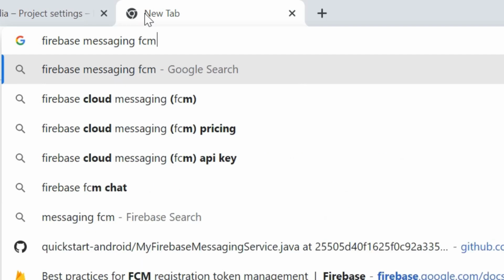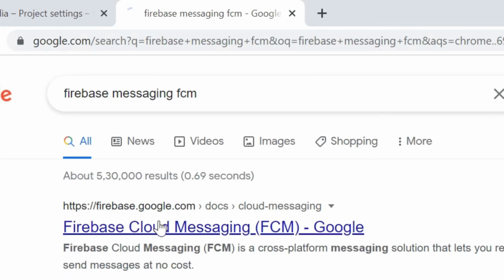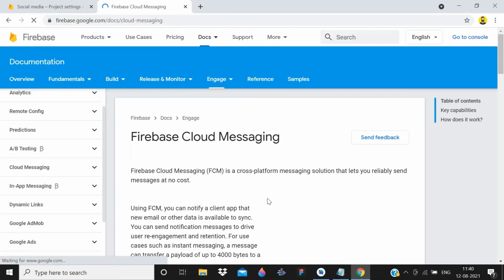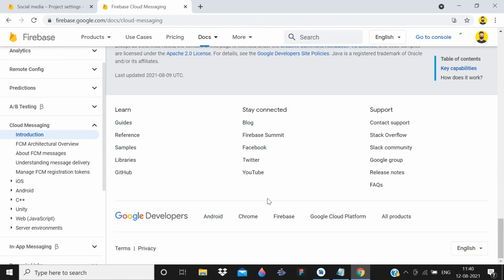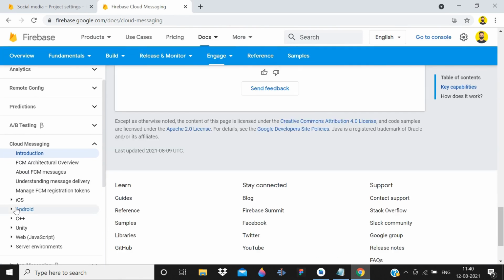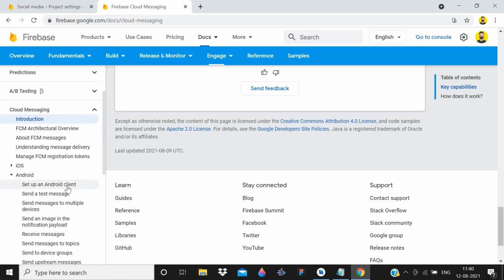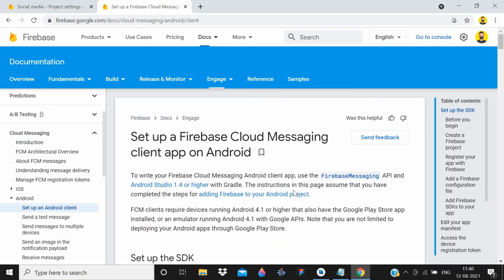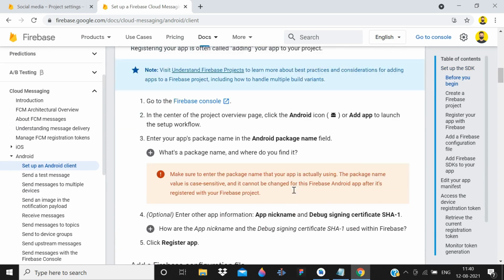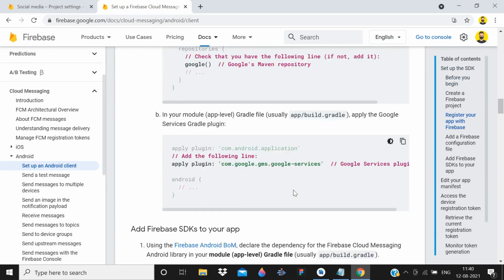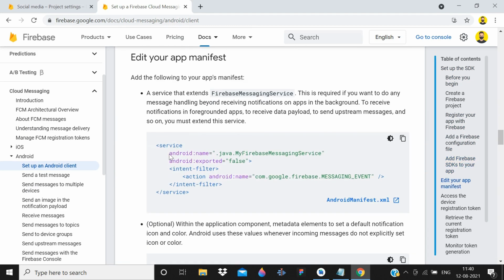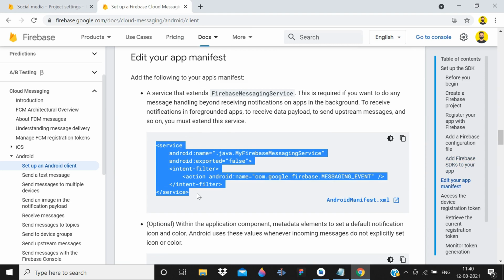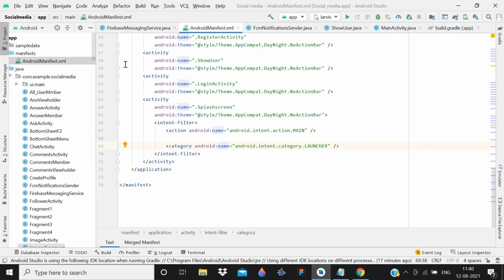Then search, and now we have Firebase Cloud Messaging. So we can just get some code from here. So here open Android, and then set up SDK, Firebase messaging. So this is a service that you have to add, so simply copy it from here and then simply paste it in your manifest file.